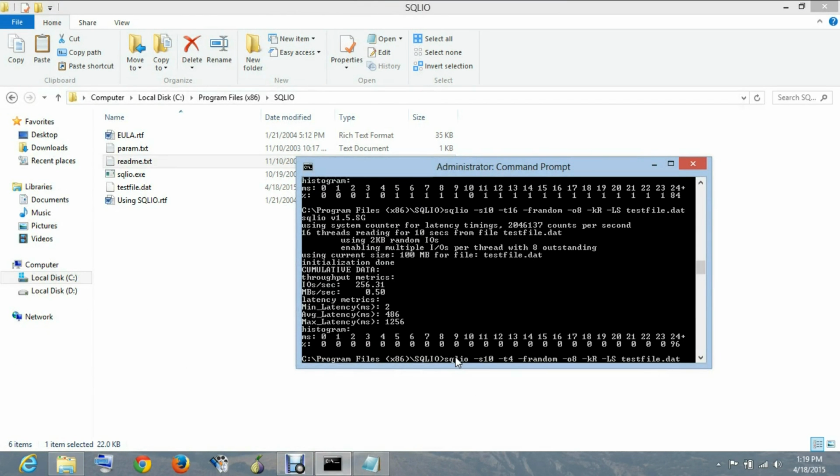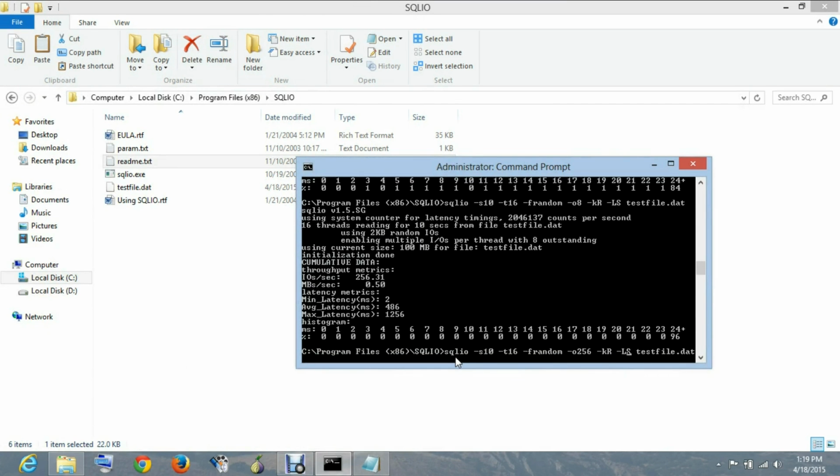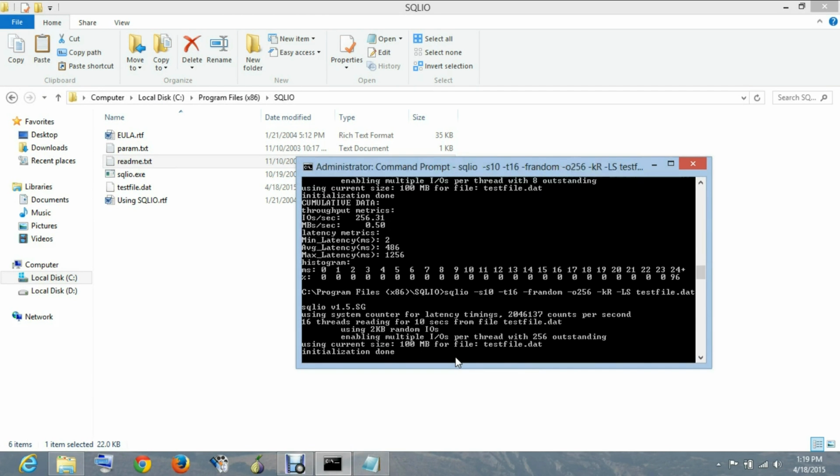Let's try increasing the O to a much larger amount and see what happens. Let's give it 256. I think this is the maximum value that is supported by this tool. I'm not sure.